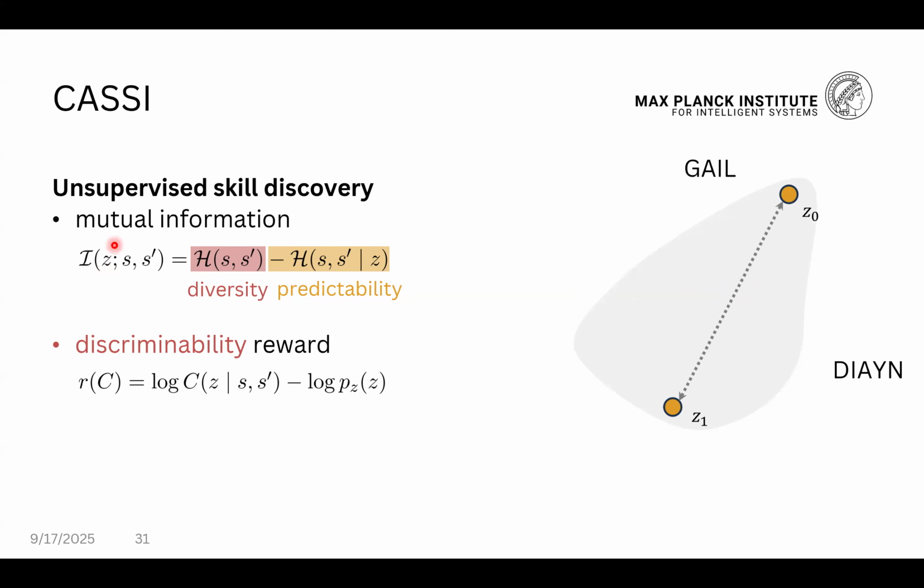Here, let's write out the mutual information between this motion embedding Z and the motion transition. When we write it out, it can be described as the entropy of the transition, which describes diversity, minus the entropy of the transition when you condition on this motion embedding. If you add a negative sign there, then this becomes predictability. So, entropy